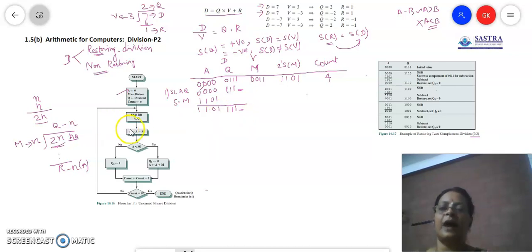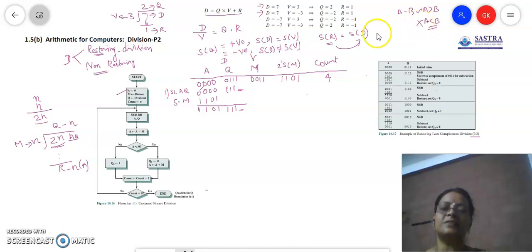Now after doing the subtraction, we are checking whether the subtraction was supposed to be done or not. Actually, what is the problem here? A is having 0 and we have to subtract 3 from 0, which is not to be done. So we have completed the subtraction. Now we examine the value of A. If we check the MSB bit of A, it is 1. It means that it is a negative number. That means A is less than M. That means the subtraction has to be cancelled.